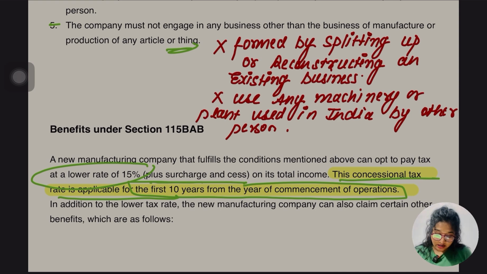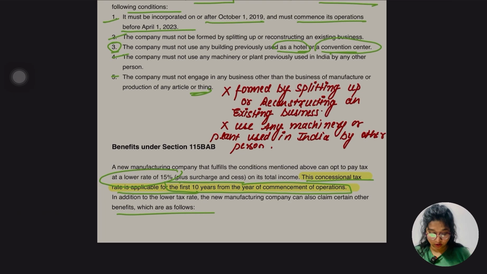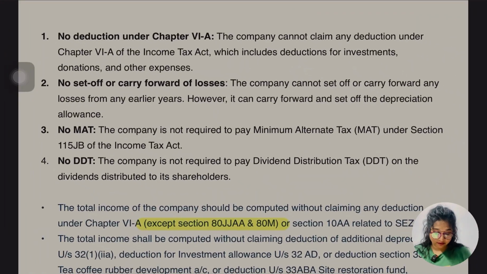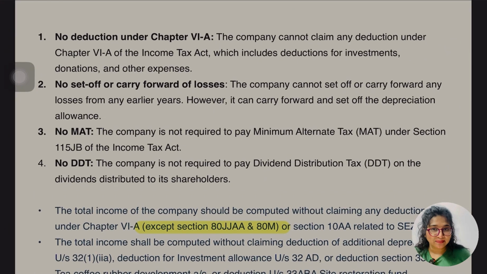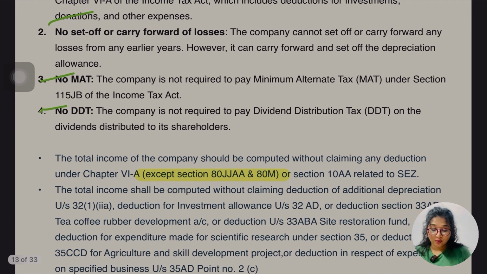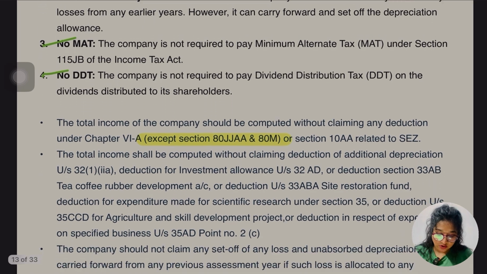Okay. In addition to the lower tax rate, the new manufacturing company can also claim certain other benefits, which are as follows. No deduction under Chapter 6A. Yes, we know this. The same thing they are saying. No set off or carry forward of loss. Yes, this is the same thing mentioned earlier also. No MAT provisions. Yes, we know this. No DDT, which means the company is not required to pay dividend distribution tax